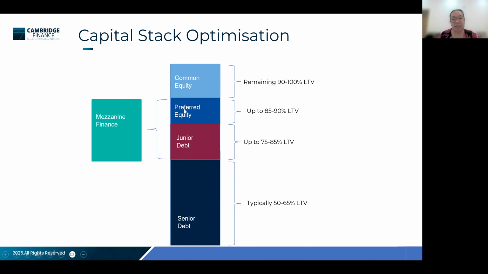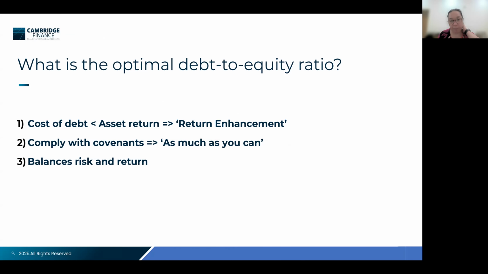The only thing is that there has been a shift toward having less senior debt, and we have here more and more the mezzanine finance debt being taken into consideration. So when we are talking about capital stack optimization, the questions we need to answer are pretty much on the cost of debt. Meaning your interest rate, mainly your fees, and any repayment schedule. So what is your cost of debt?